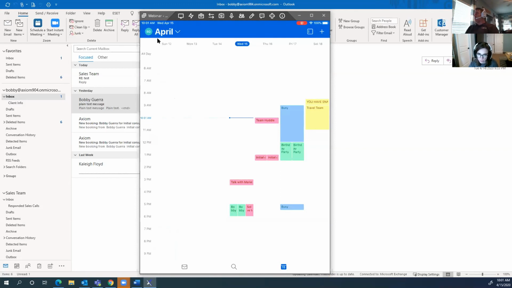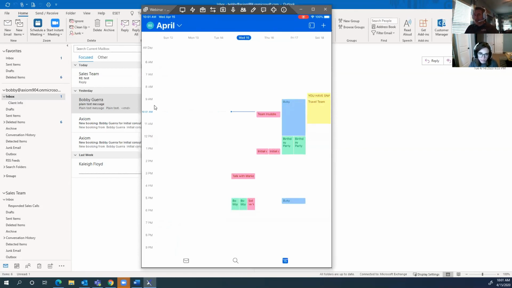Now, where does it kind of get annoying sometimes? The contacts. The contacts don't sync great.